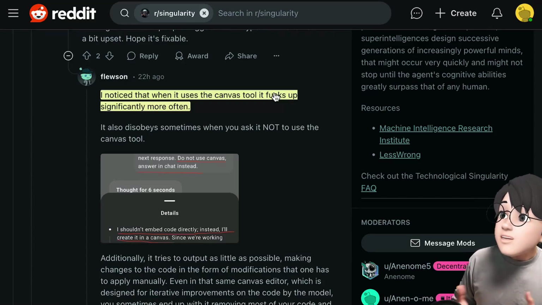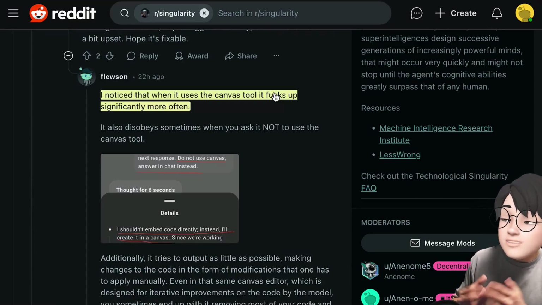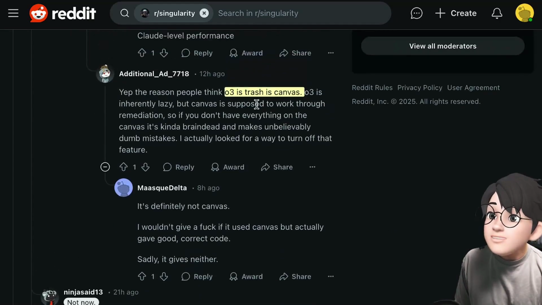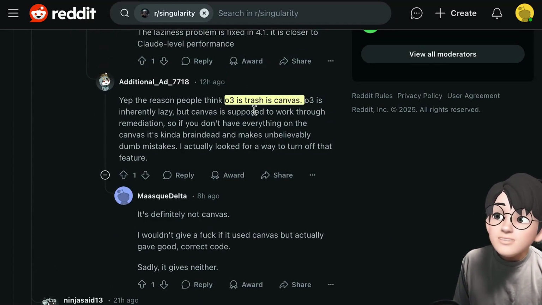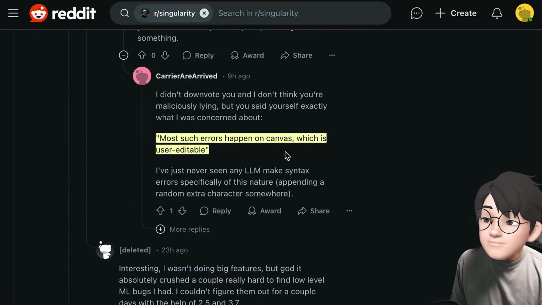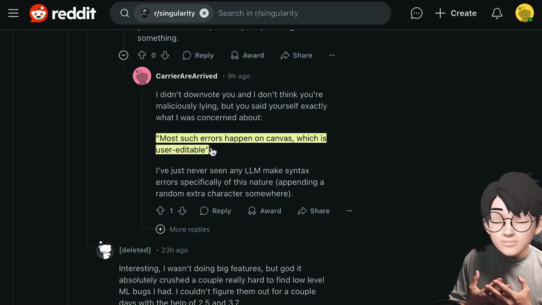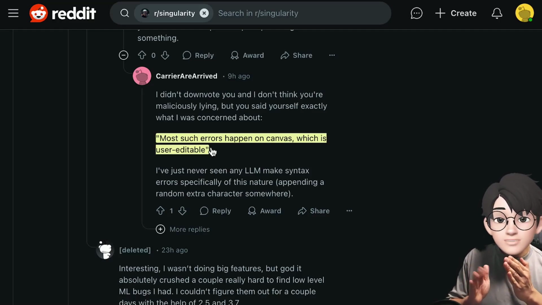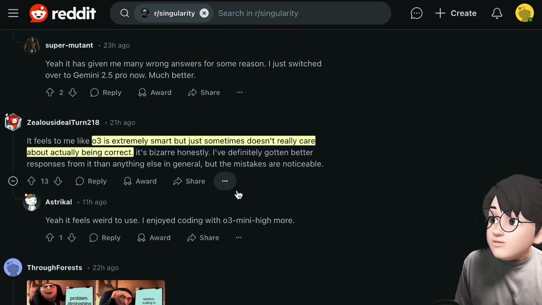And there's something else. Some say things get worse when they use the canvas. They end up saying, it doesn't work because of the canvas. Some say o4 performs poorly with the canvas. Many errors happen specifically with the canvas. These are issues users can directly resolve. This might be related to the interface, where the model fails to function correctly when trying to input something. People also mention that o4 is quite intelligent. Sometimes it seems like accuracy doesn't matter at all.